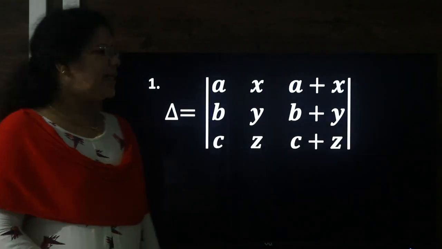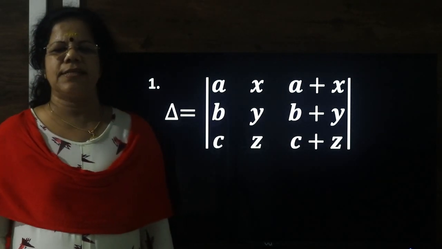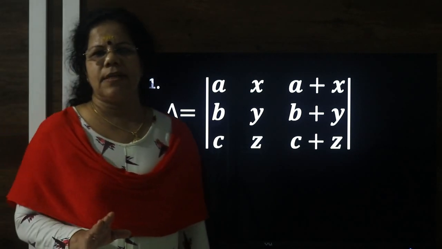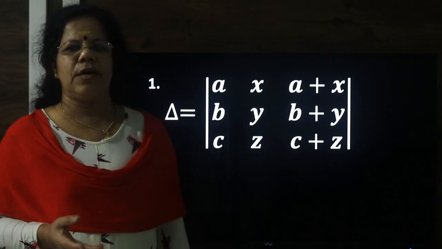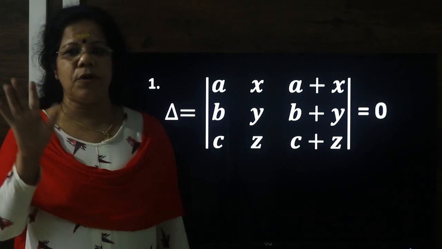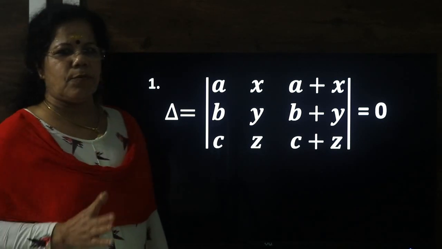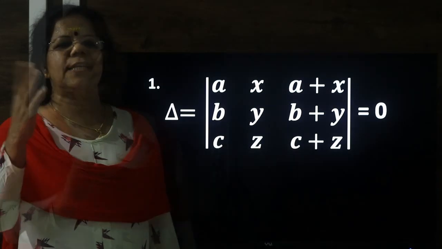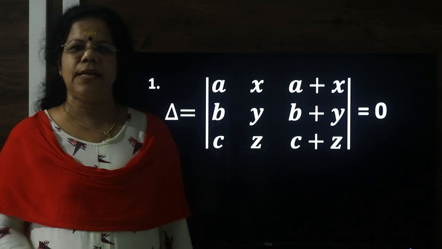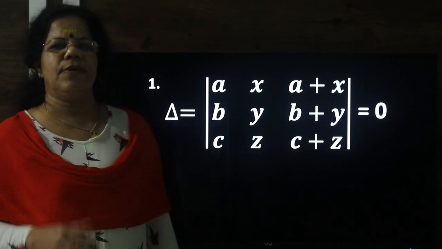It is delta is equal to determinant with columns A, B, C; X, Y, Z; and A plus X, B plus Y, C plus Z. I told you first how to approach a problem. What we have to prove? Without expanding, only using properties, we have to prove this is equal to 0. So you just observe the problem and correlate with some properties. Whether any such property will help you to tell directly that this determinant value is 0. You see first what I am going to do.